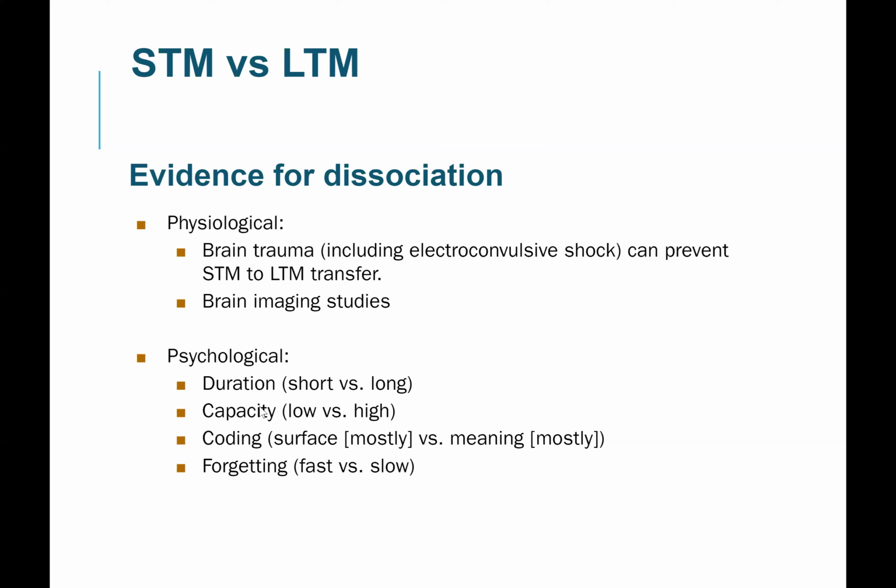There is also a lot of psychological, experimental evidence for the difference between them. For example, duration: you could maintain one of them only briefly, but the other one you could recall over a very long distance of time. The capacity is very different. The coding is very different, in the sense that sensory and working memory is very surface, but meaning is mostly long-term. Forgetting: with short-term memory, you forget fast, but with long-term memory, it is slow. So there are a lot of differences between the two, and that's why it's a big division, and it's a meaningful division in a lot of ways.